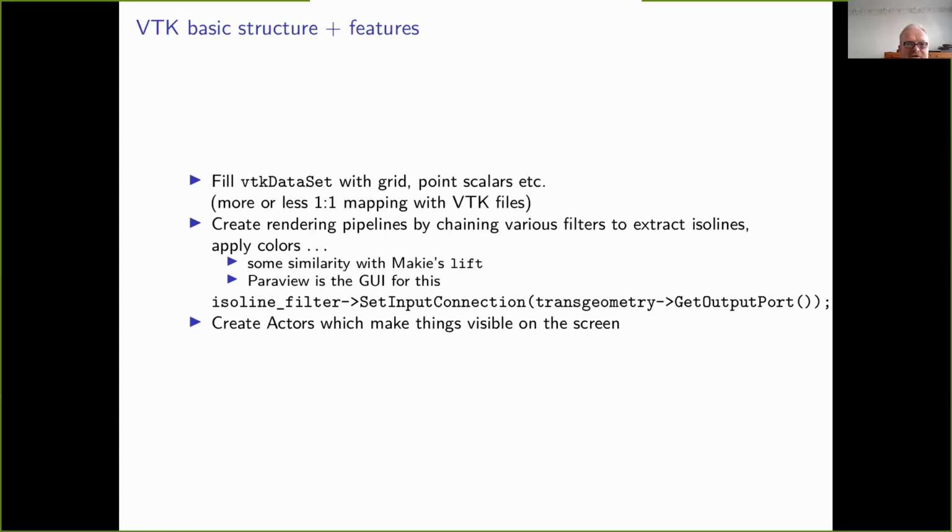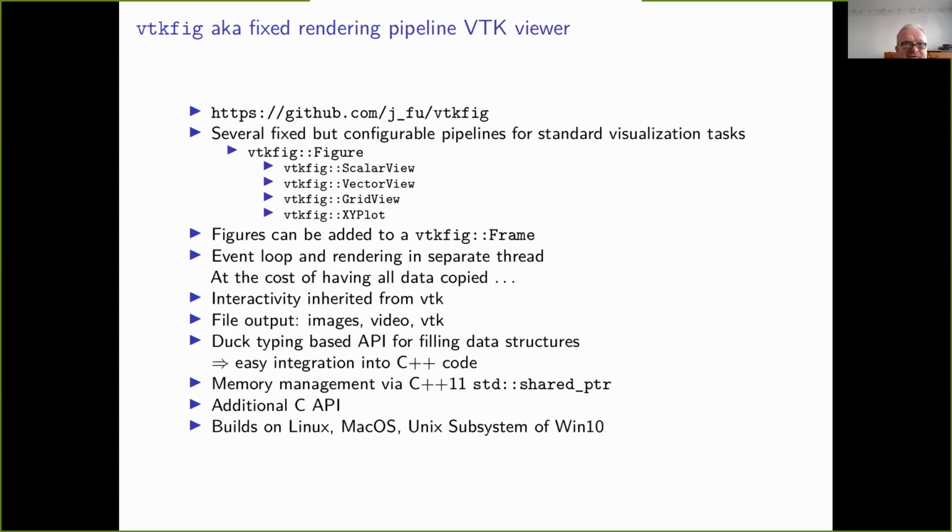What I did is, you are very flexible with these pipelines. You can have different pipelines. You can script them also in Python or whatever. And what I did was to make VTKView, which is essentially a VTK viewer, based on a selection of fixed rendering pipelines for standard visualization tasks. So I have a figure class and some derived classes for scalar view, vector view, grid view, XY plot. That's currently there. And I can have a figure, I can add it to the frame, and then it becomes visible. And what I was able to achieve was that I can put the event loop and the rendering into a separate thread,